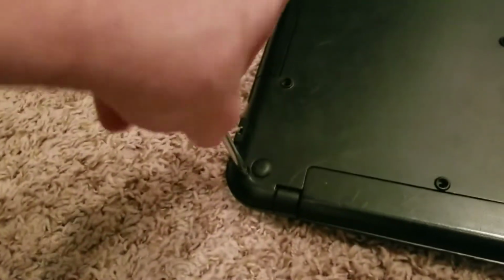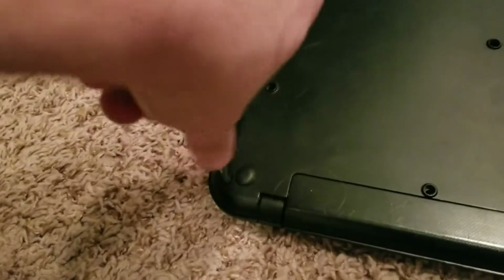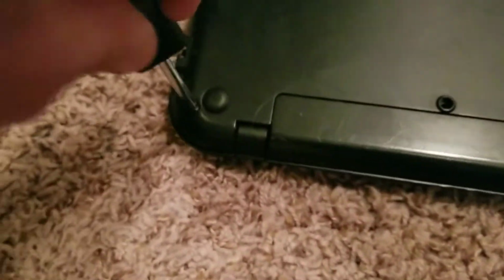This is a Toshiba C55D B3110. Sorry, C55D B310, that I got for free,